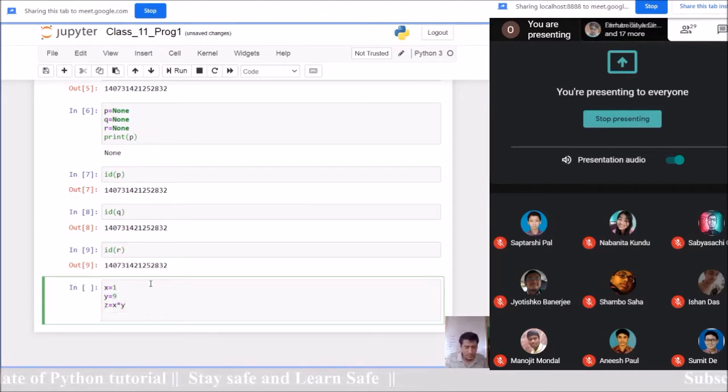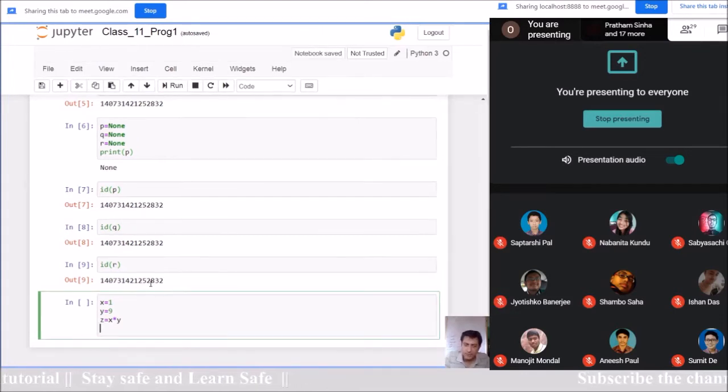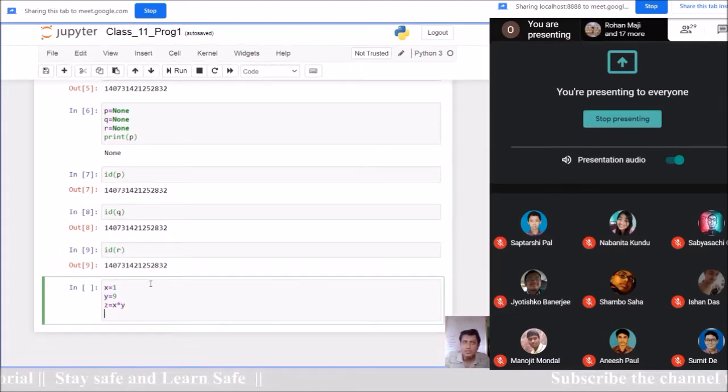Okay. Now see, z is a variable over here which is not assigned by any value, right? The value is coming to z with some expression calculation during runtime. Am I right?